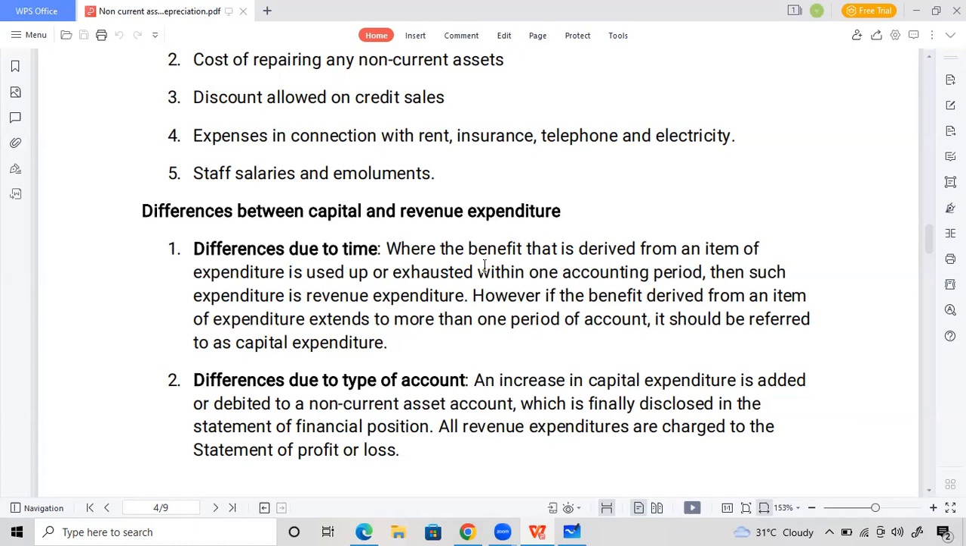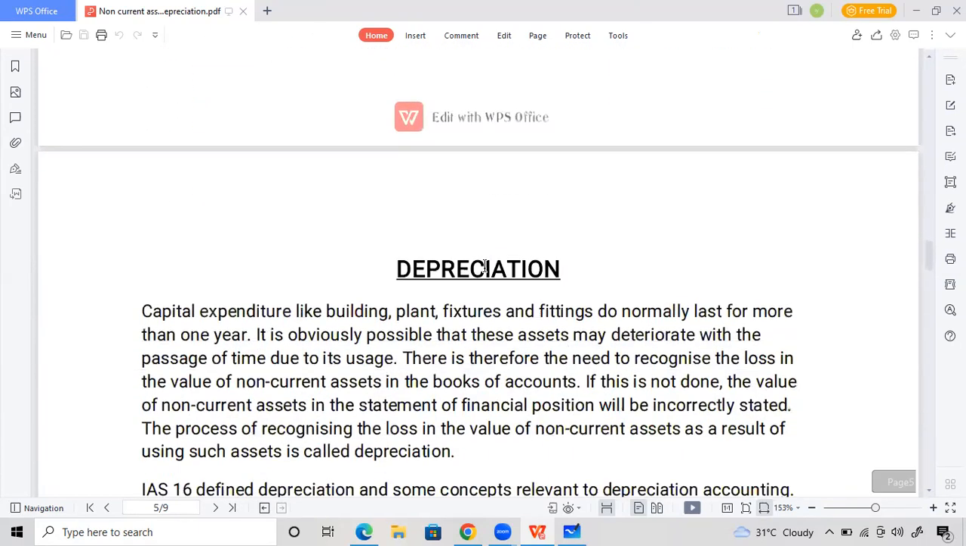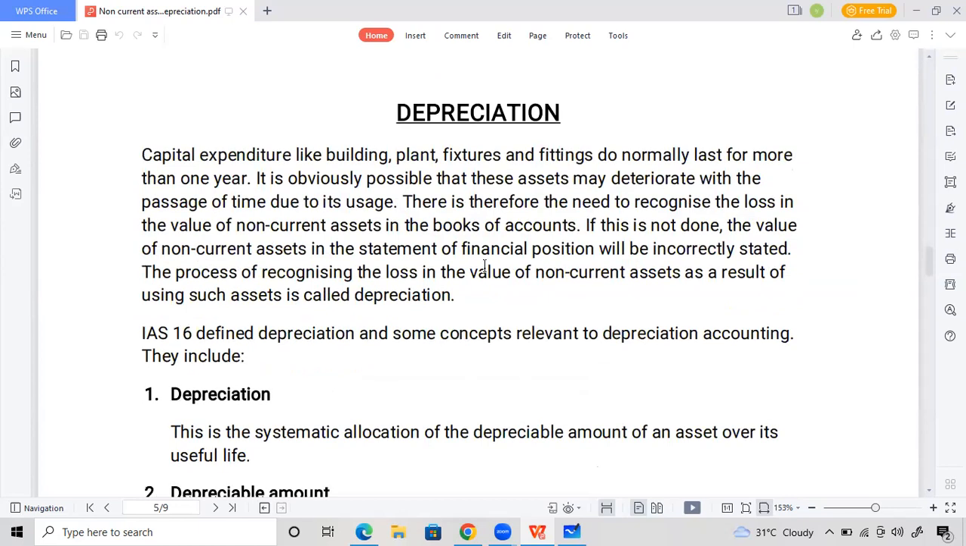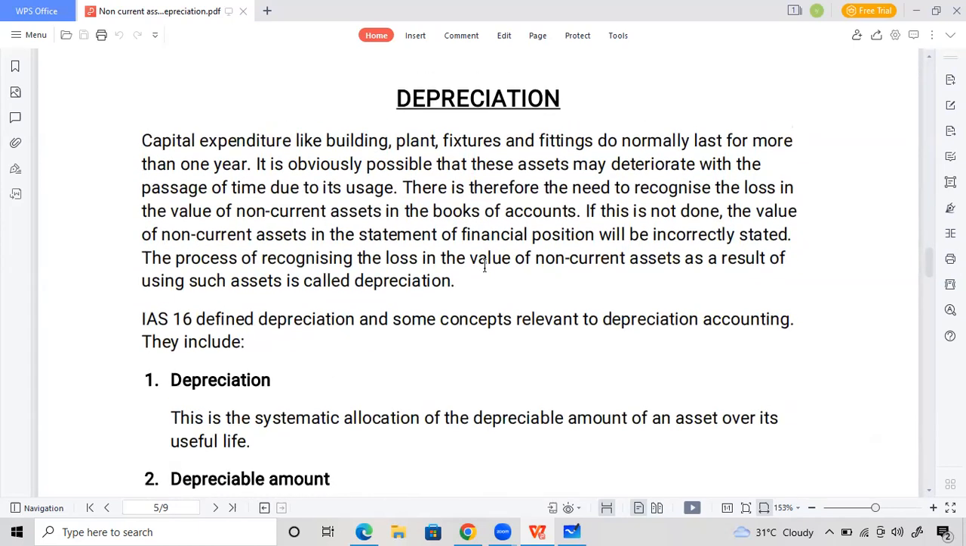Now, in the exam, the examiner will give you different items and will not tell you to categorize them. Either this one is going to be a capital or it's going to be a revenue. Meaning that in the exam question now,